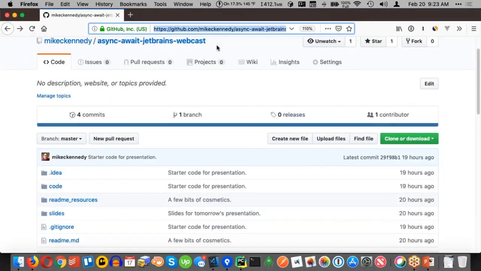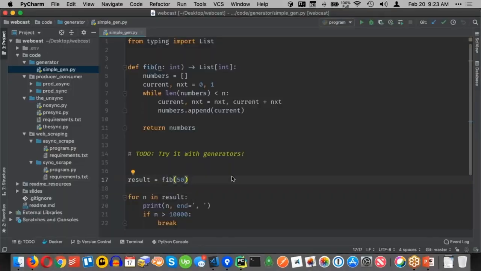Any recommendations for a book on Python async? I don't have great recommendations. I can tell you that there's some really interesting coroutine coverage in Fluent Python from Luciano Ramalho. That's what I was going to recommend, but it's not modern, so to speak.